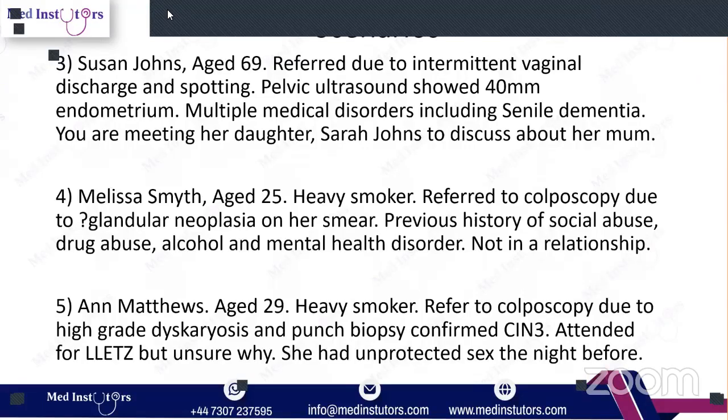So the treatment that we offer is a shaving of the cells. We call that the large loop excision, the LLETZ. We will do it under the colposcopy, like you have gone through previously in the colposcopy clinic. It's a day-care procedure, and there are a few precautions which you need to take after this procedure. We will numb your neck of the womb with numbing gel, and then we shave, and then we will send this area for confirmation, and then we will tell you about the follow up as well. Okay.